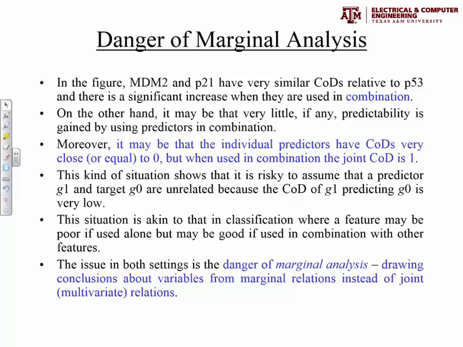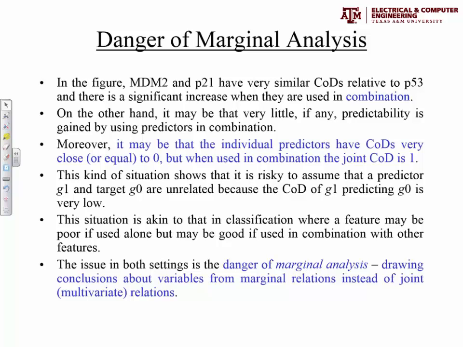Another thing to note is that the paper that we will discuss has, here, I'm highlighting only one relationship. There are thousands of genes, so there are lots of relationships over there, and many of those COD relationships are highlighted in that paper. In fact, you already have a copy of that paper. I haven't discussed the paper, you have a copy of it, and you also have the explanatory material, which I will discuss here. So in the figure, furthermore, MDM2 and P21 have very similar CODs relative to P53,